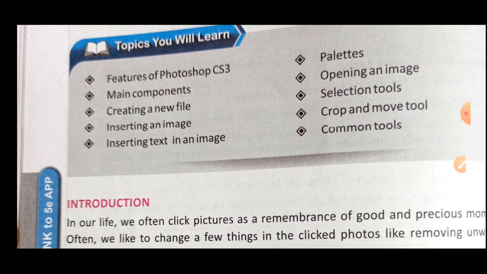So before starting with the chapter, I want to discuss a few basic functions or features that we are using in our Android phone in our daily life. For example, we click a picture and there is some unwanted background. Any unwanted person can be accidentally captured in the image. So what we usually do is crop the image or change the background, and all this is possible in the Android phone by using a simple app. So nowadays we are all using Photoshop in our daily life.